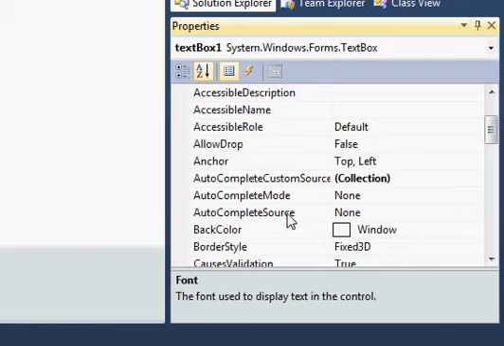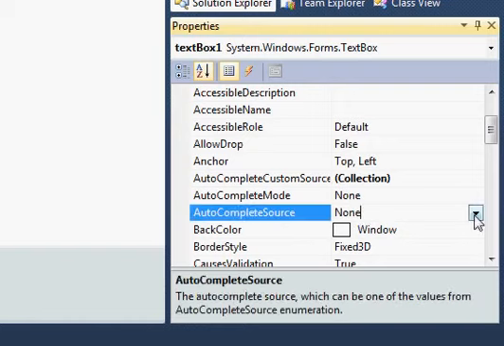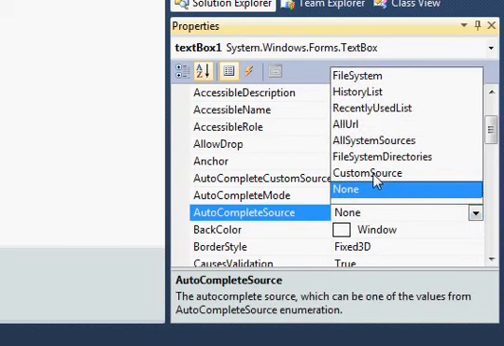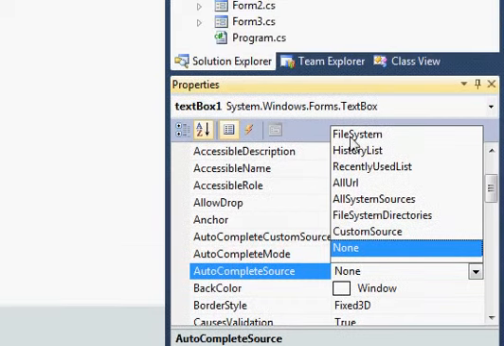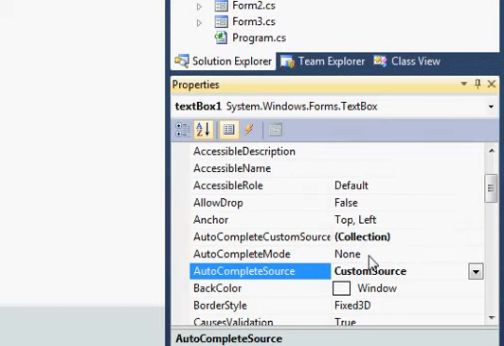So first what we do is we set the source for autocomplete. So there are different options in the properties like custom source, file system directories, all system source, all URL, recently used URL, history, and file system. So you can play with them. Right now I'm taking the example of custom source, so I select this custom source, and now here autocomplete mode,